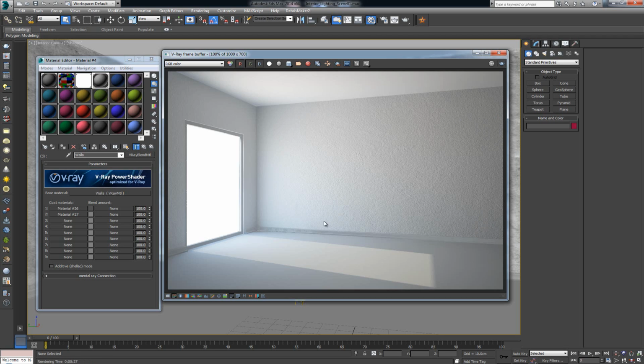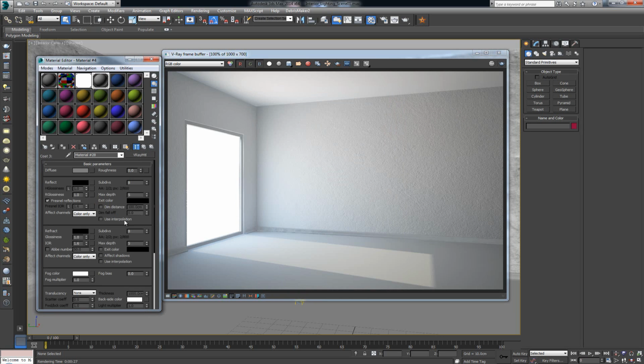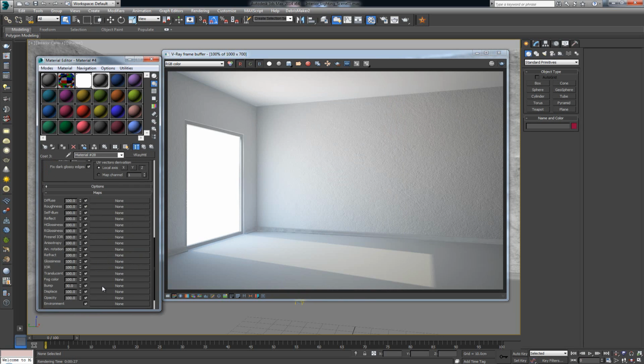So let's say you want to have some damage to this wall. The way you would input damage is basically the same way that we made the bumpiness to the wall. So I'm just gonna go over and add a new material, again a V-Ray material, and this time around gonna go back to maps,